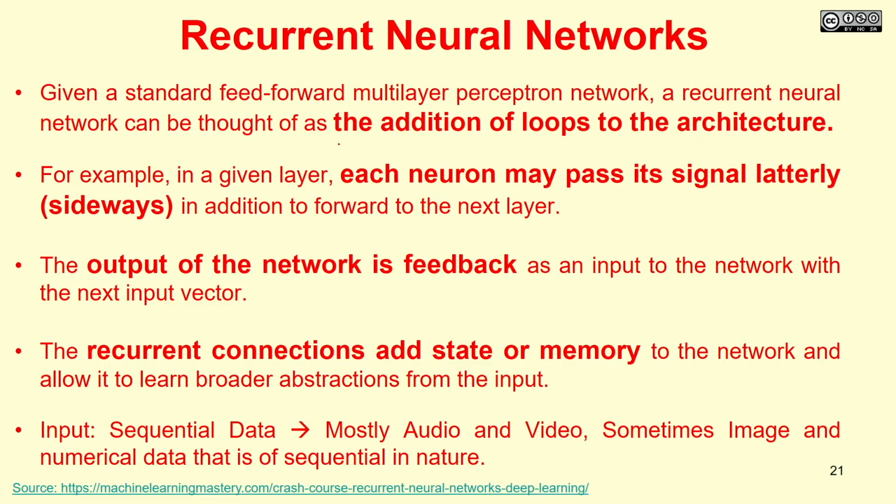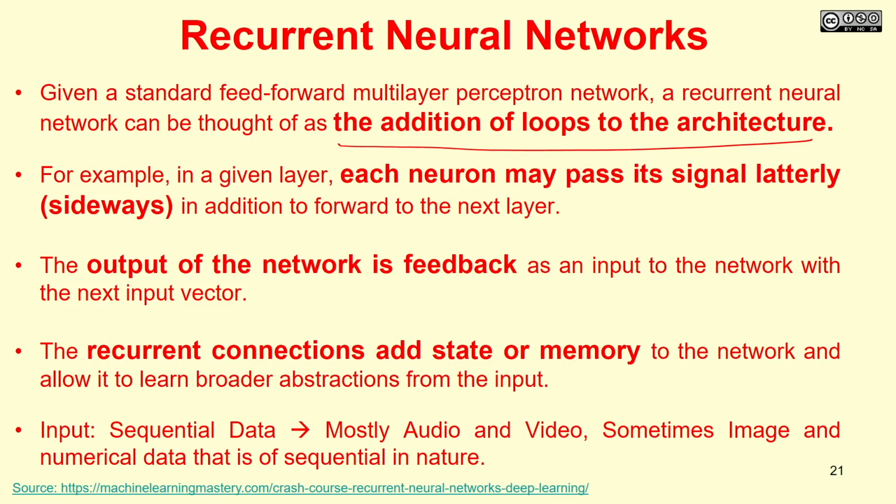So, how can we define this recurrent neural network? Given a standard feed forward multi-layer perceptron network, a recurrent neural network can be thought of as the addition of loops to the architecture. That is the important point. With respect to a convolutional neural network, it is the addition of more layers, and each layer is responsible for its own task, whereas with a recurrent neural network, it is the addition of loops with respect to the states,